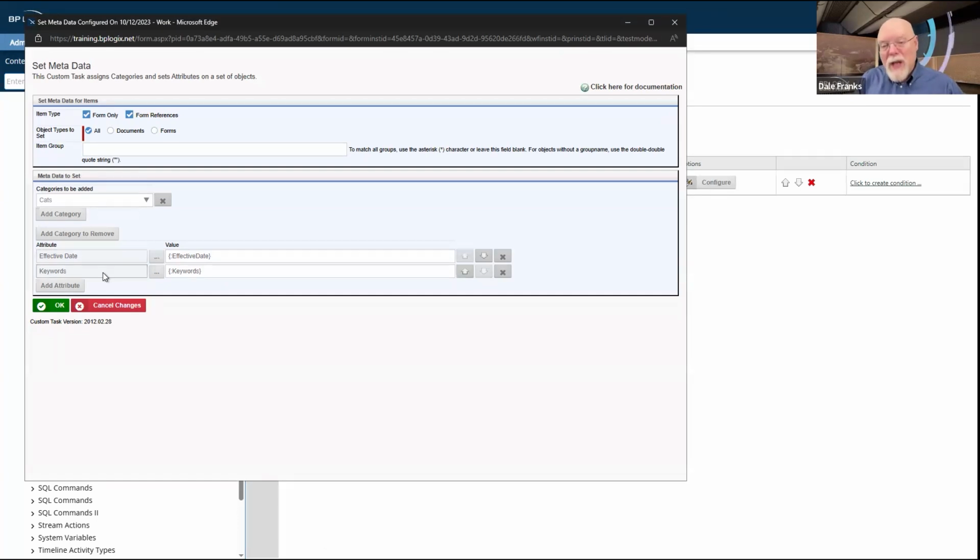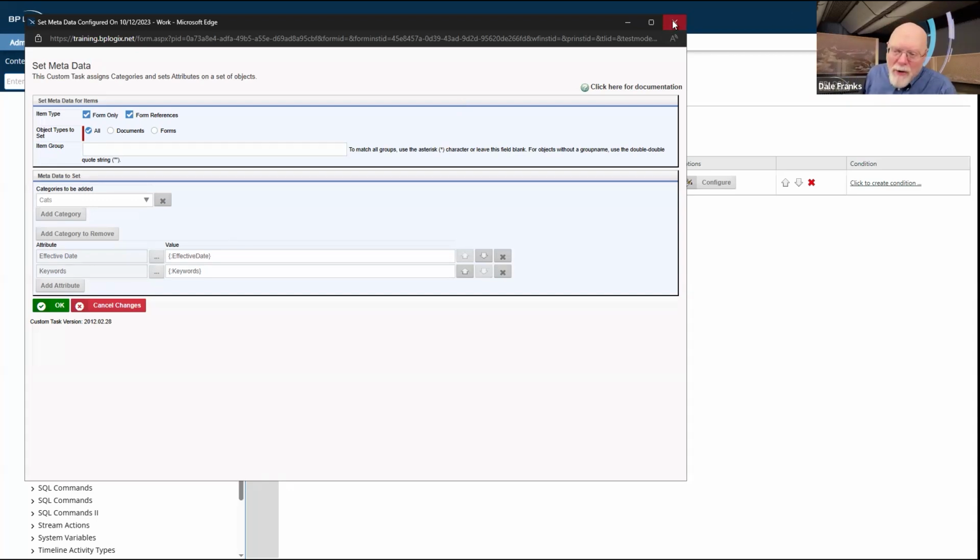But this is one of those edge cases. I don't necessarily have to run it here in the form. I could run it in the process timeline itself. And so this is one of those custom tasks where it really is largely up to you where you put them.